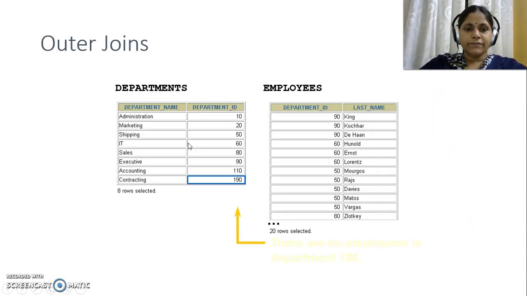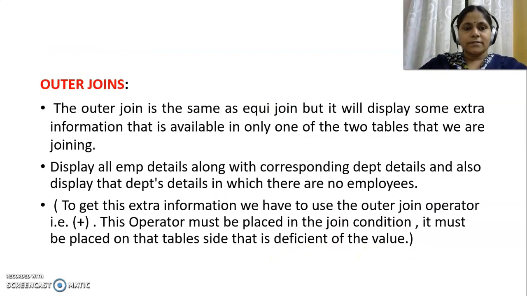If we go for left outer join, all the left table values will be displayed. If we go for right outer join, all the right table values will be displayed, irrespective of whether they match in the left table or not.